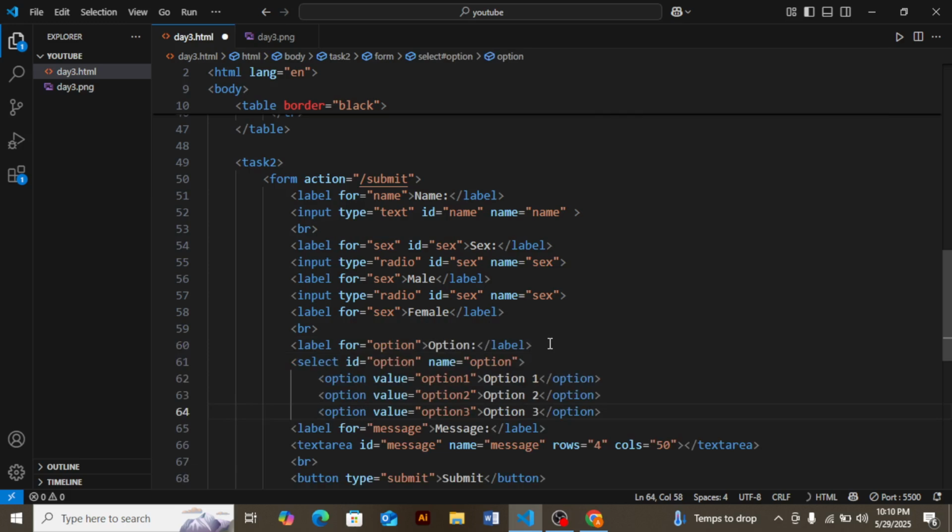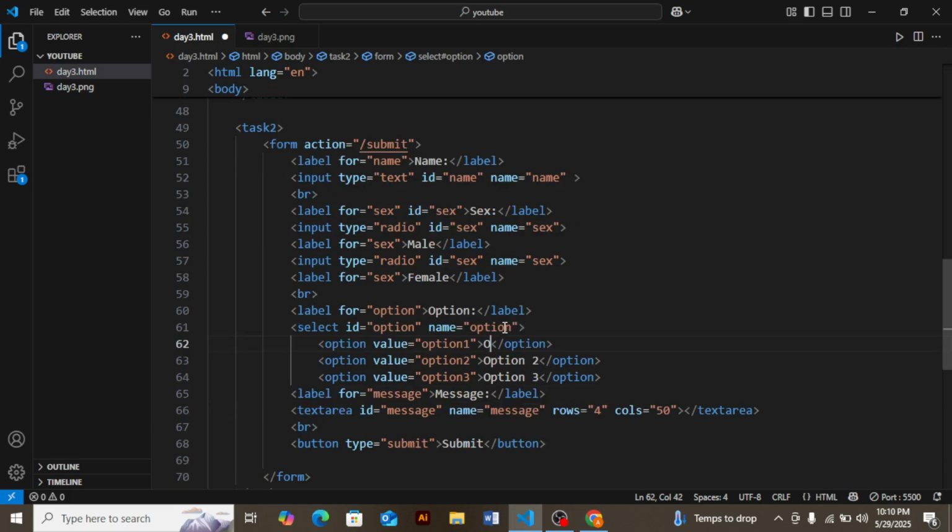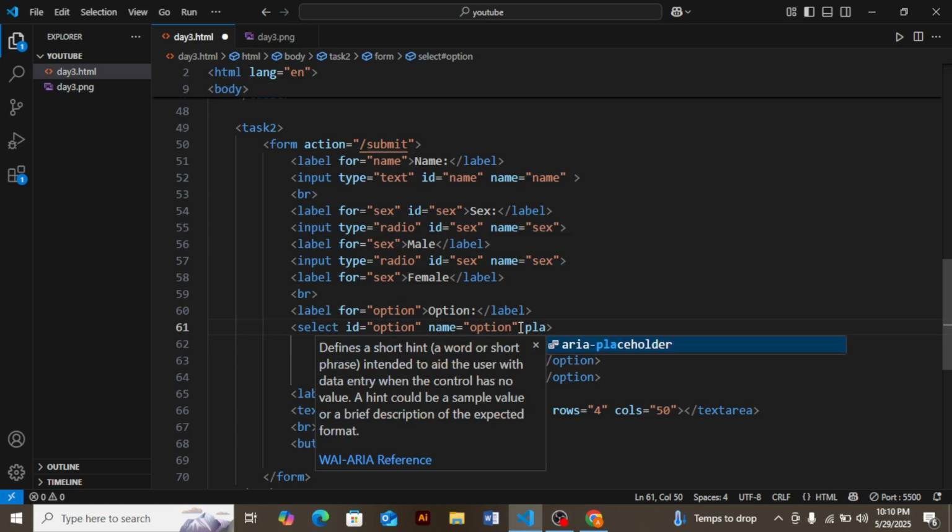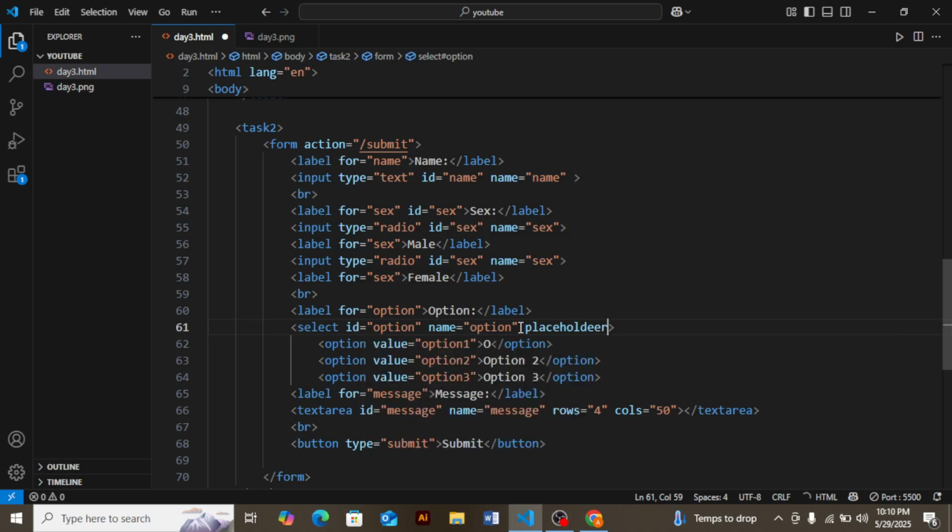In the select, the name is select an option, or the name is the same, and the placeholder is select an option.